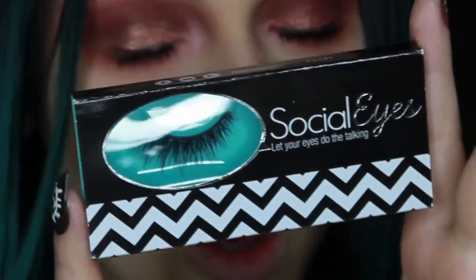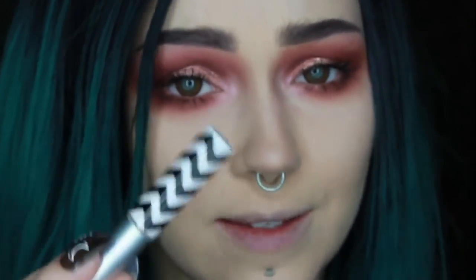These are awesome and vegan and cruelty free. I also highly recommend Social Eyes lash glue. It's made without so many bad things that are in other lash glue, and it actually